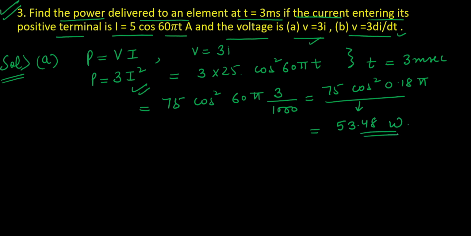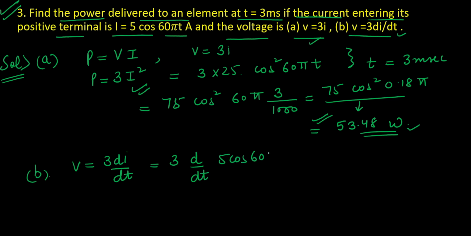You can check the value of cos 0.18 pi and you will get this particular solution. In the second part of the problem, it is mentioned that V is equal to 3 times di by dt. So let's substitute the value of I in the problem. 3 d/dt of 5 cos 60 pi t. It is coming out to be